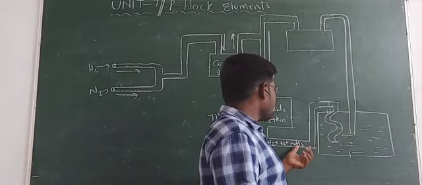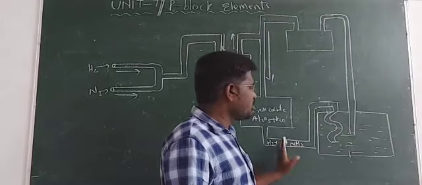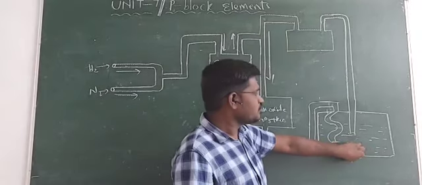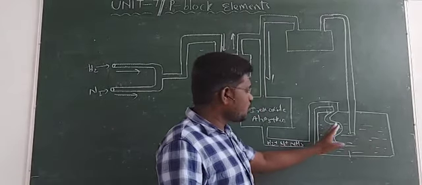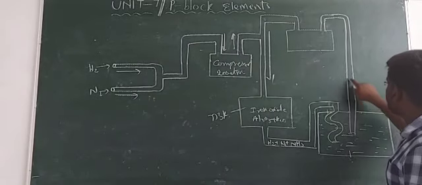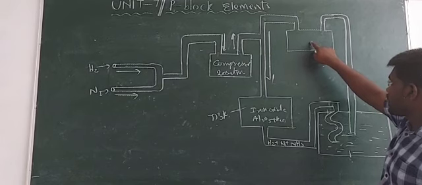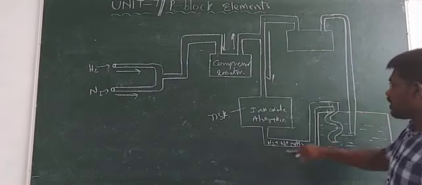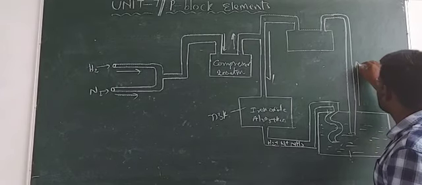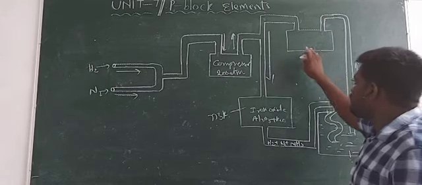When the mixture of NH3, N2, H2 is allowed to pass through the condenser, NH3 will be liquefied. Liquefied NH3 will be collected in the third chamber. Now N2 and H2 won't be liquefied here, and they will pass through another tube to enter the recycling pump. So here unreacting H2, N2 molecules, by passing through this tube, enter the recycling pump, and from here onwards